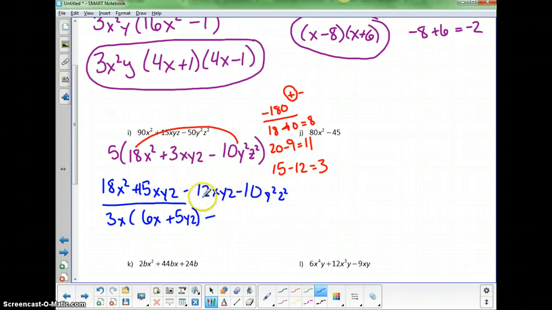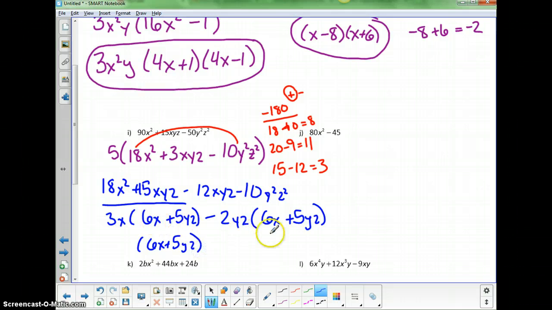minus. 12 and 10 have 2 in common. They both also have at least one y and one z. So 12 divided by 2 is 6x. The y and z are taken out. Negative 2 into negative 10 is positive 5. There's still one y and one z left. So this has a 6x plus 5yz